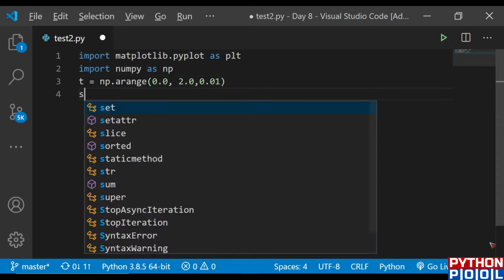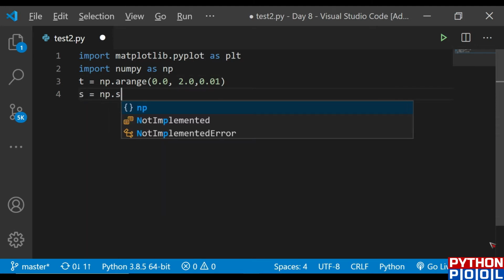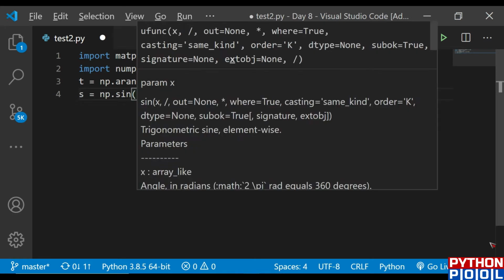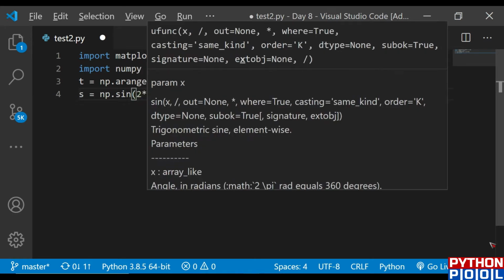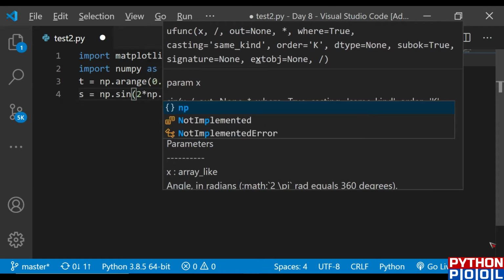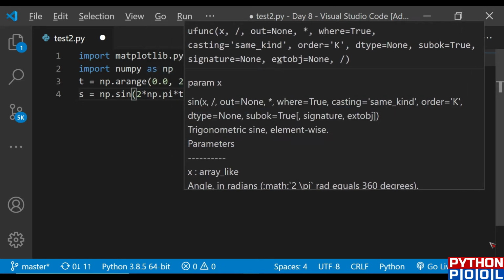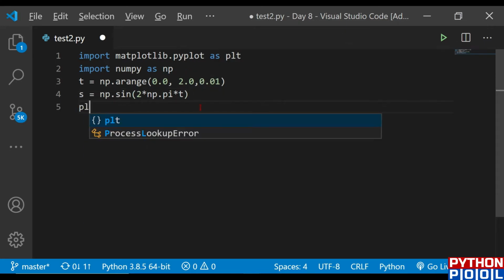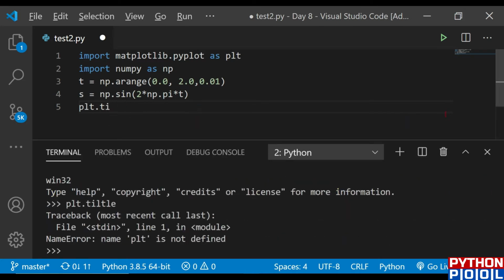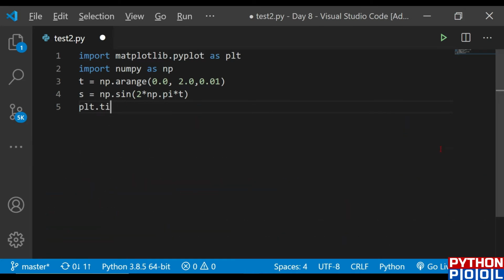And then I'm going to define a graph for the sine function according to the formula I just gave, that is 2 into np.pi into t. So this is my condition for the sine graph, and then I'm going to give the title to the graph. So let's call the title function, and let's set the title as